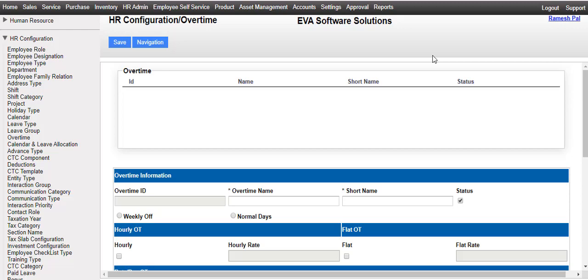Again, if OT hour is 3 hour, the OT amount will be 200. As you can see, in hourly rate scenario, the OT amount is changing if the OT hour is changing. On the other hand, in flat rate OT scenario, OT amount doesn't change even though the OT hour changes.